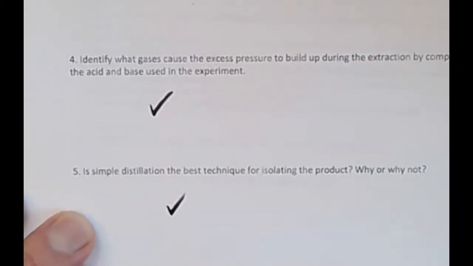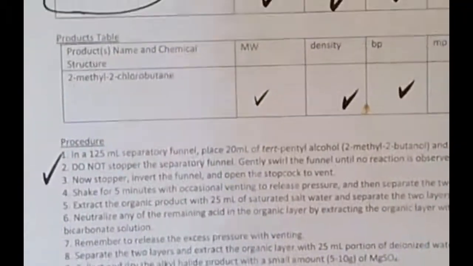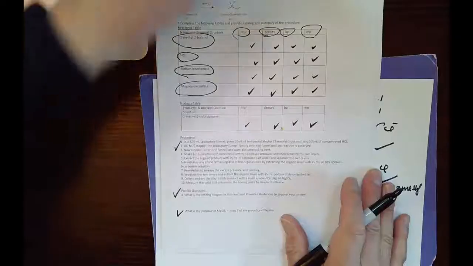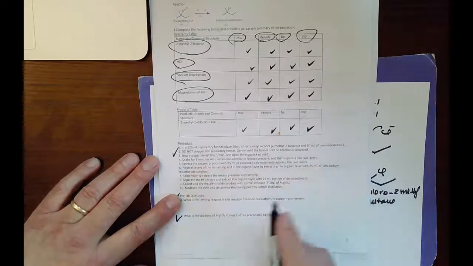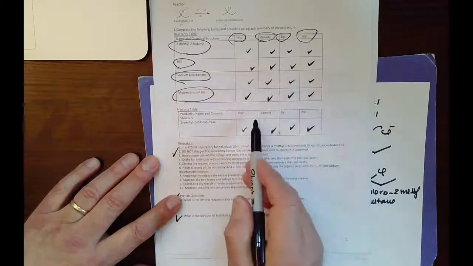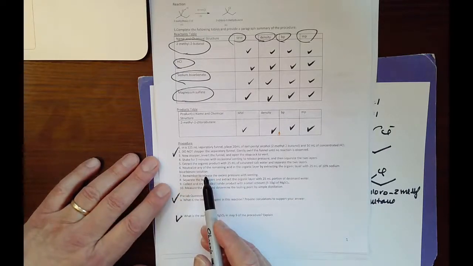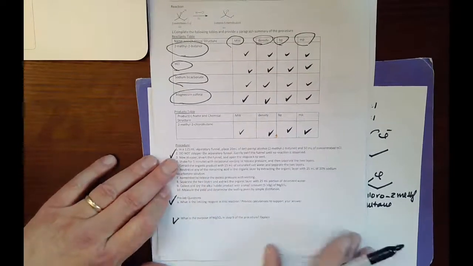So it's very simple. So you do the pre-lab, basically fill out the tables, look at the procedure, because you need that to answer a few questions. Then 2 questions here. Page 2,